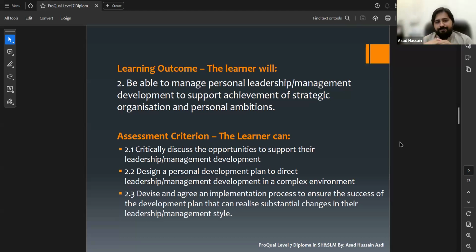So in 2.3, devise and agree an implementation process to ensure the success of the development plan that can realize substantial changes in their leadership management style. So basically, after the development of any plan, the next phase is implementation.